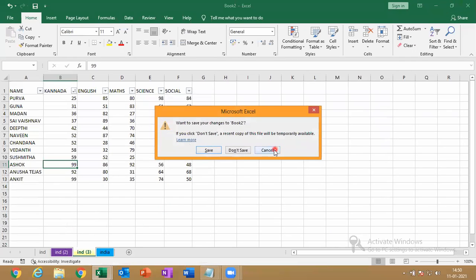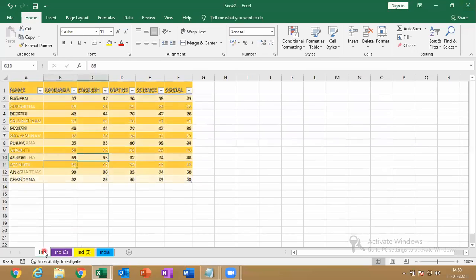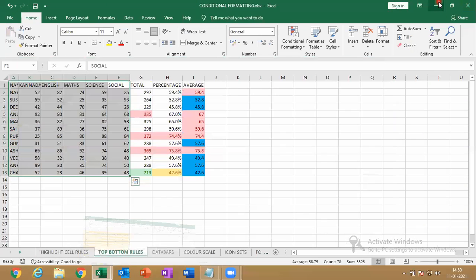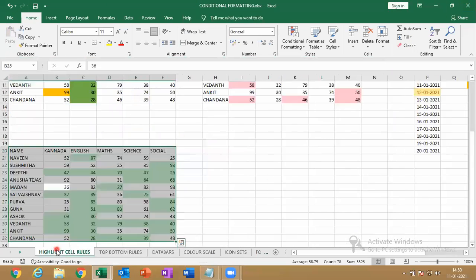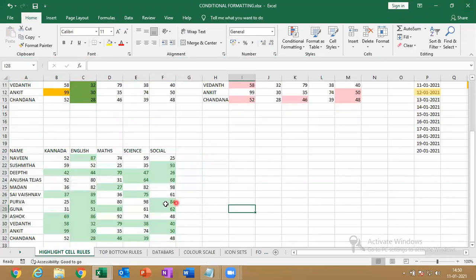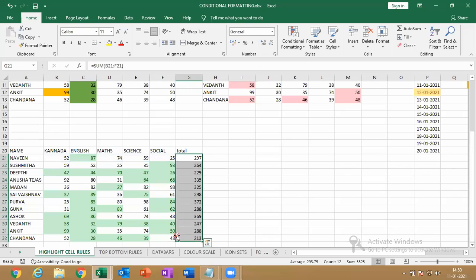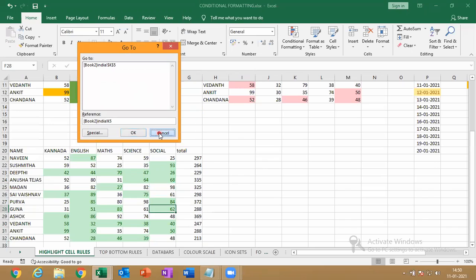So let me take the conditional formatting sheet. Everyone open the conditional formatting sheet. Everyone has opened. So now Control plus G, Go To.